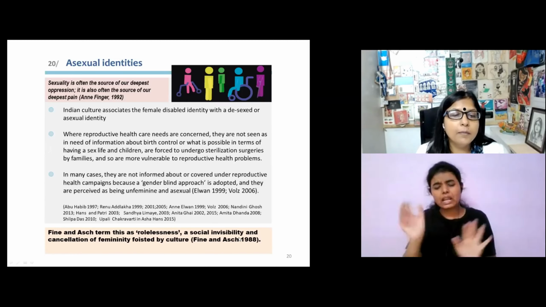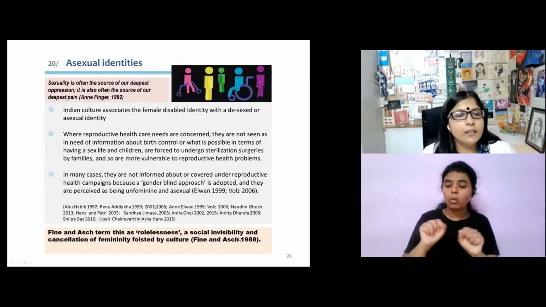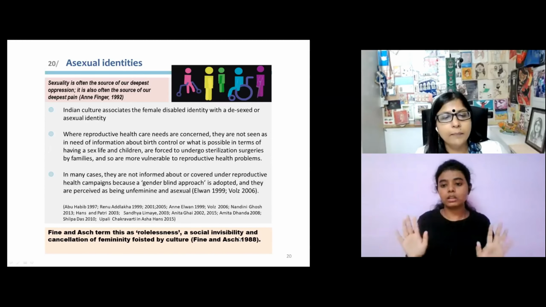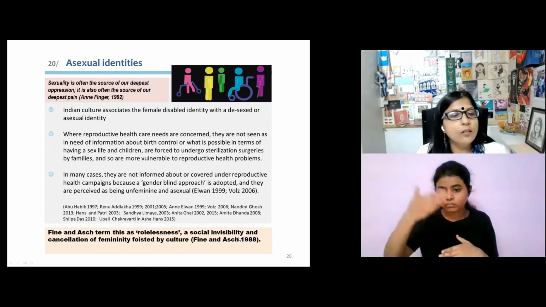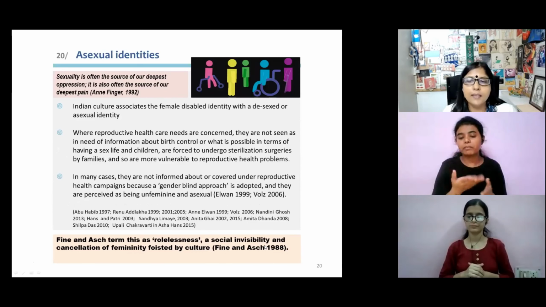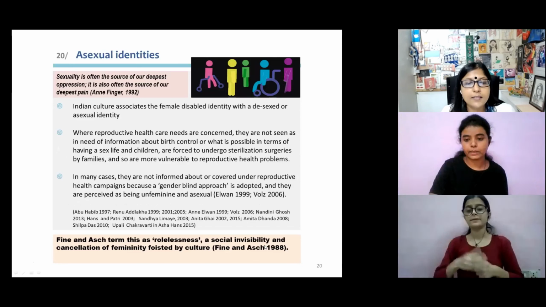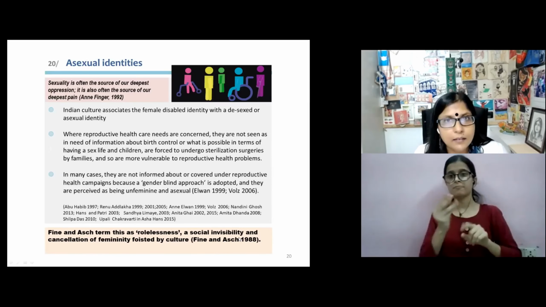Because disabled women are perceived as asexual and deemed unsuitable for traditional roles, many a time they have greater freedom as compared to non-disabled women, especially when it pertains to the pursuit of their careers. This is often not valued much by society, who feels this is the only way out for them, as Abu Habib writes in 1997. But this is also something that I found in the course of my own doctoral studies in Gujarat, where they actually earned or they were accorded a higher social status, and much valued actually by a society that earlier had